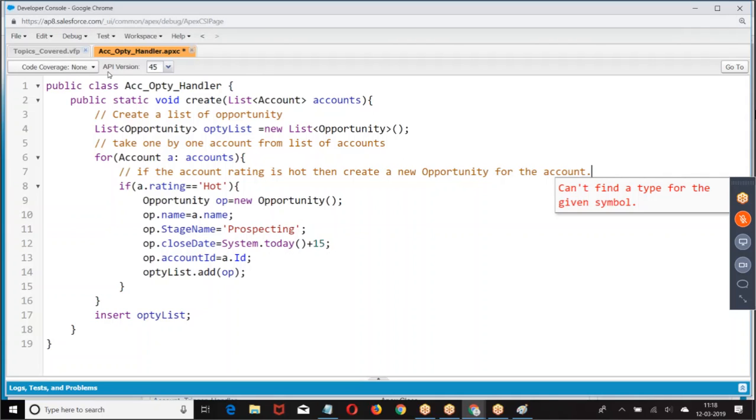Right, boss? I hope you are clear with this logic. You gave a list of accounts. I took 1 by 1 account and verified. If rating equal to hot, then I create an opportunity.